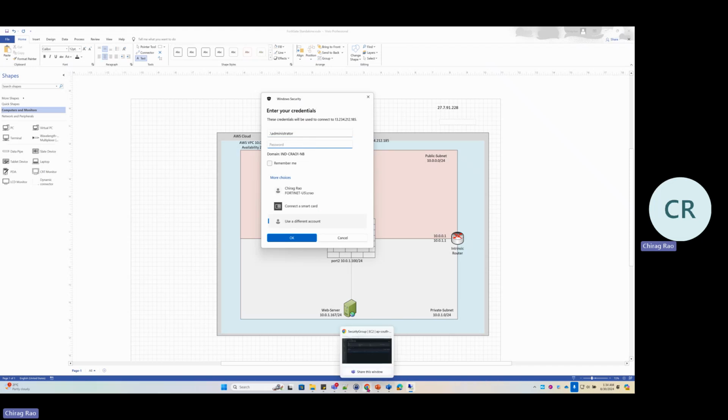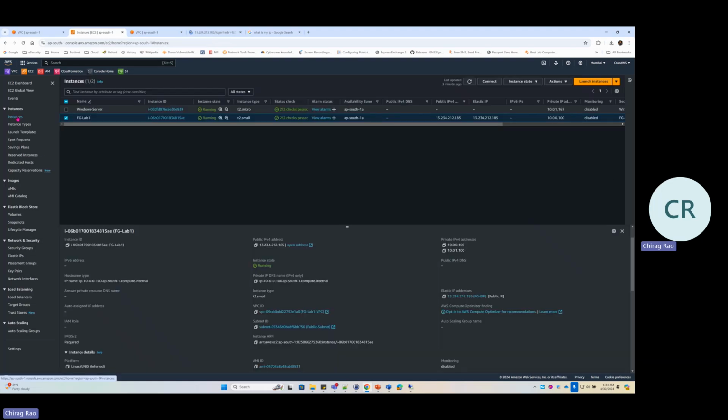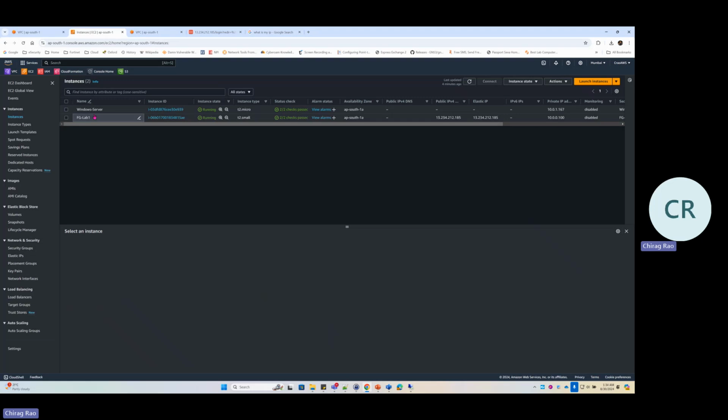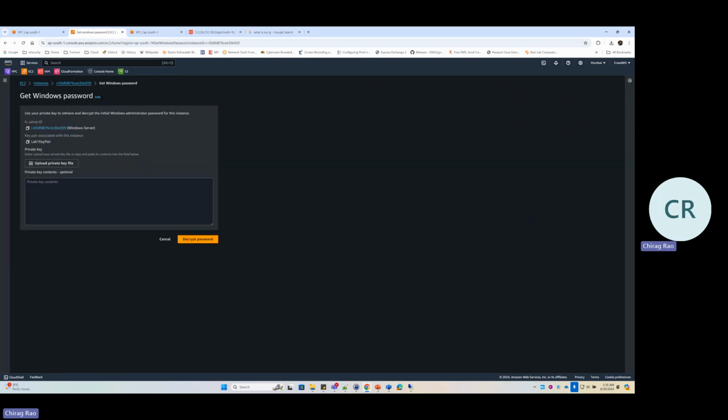How do we know the Windows password? Now remember, at the time we started this particular session, we created key pairs, right? So that is now practically used here. To get the Windows password, select Windows Server, go to Actions, go to Security, and select Get Windows Password. When you created the key pair, it downloaded the file onto your PC. You need that file. So click on Upload Private Key